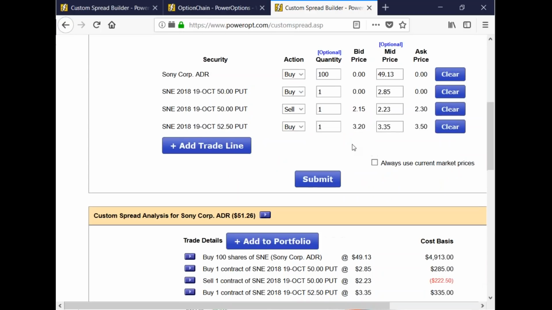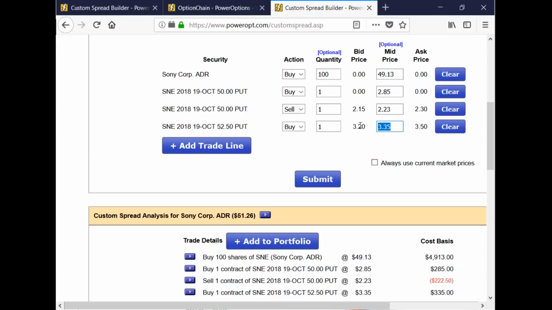That's what I've been doing with my income method number 4. I'm waiting for it to move above the put strike price, not necessarily halfway between the two, but close to that almost, if possible. And sometimes, of course, you might panic and say, if it only goes to 51, I might as well do it now. That would be fine. If it only goes to 50.85, might as well do it now. That's fine too.